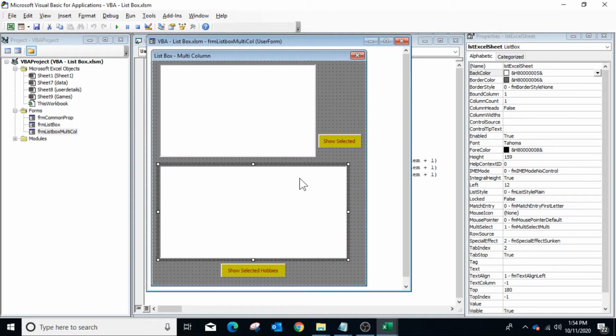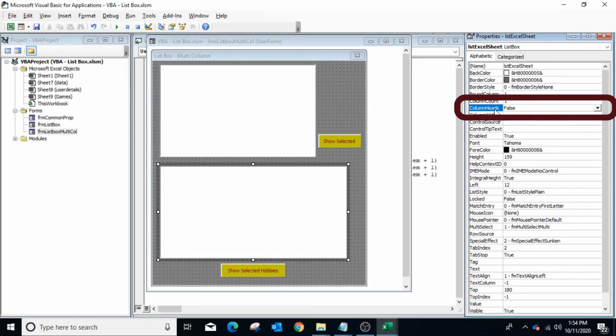To show the column head, set the column heads property of the list box to true. So I have selected list box number 2 and am setting the column heads property to true. Remember, the header will be displayed only in case of the row source property.